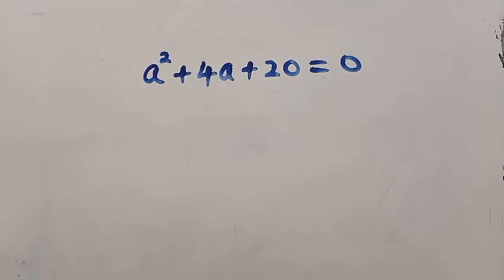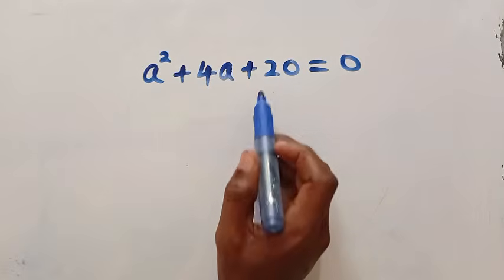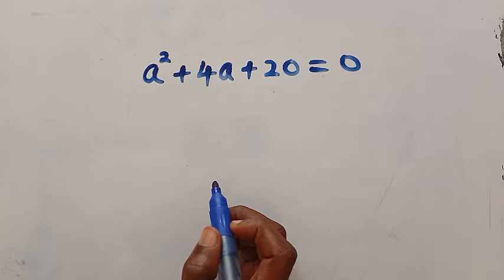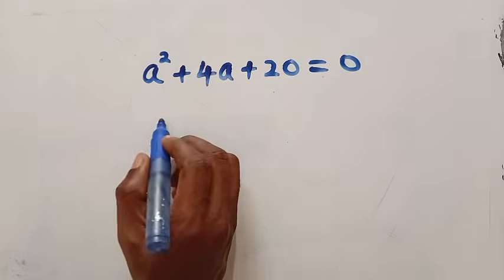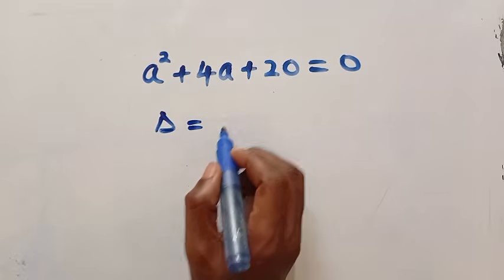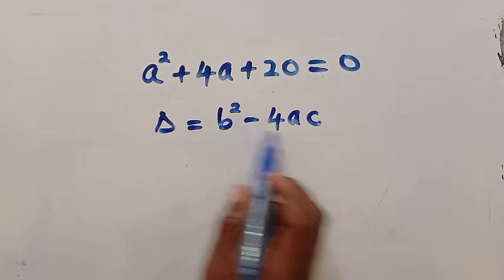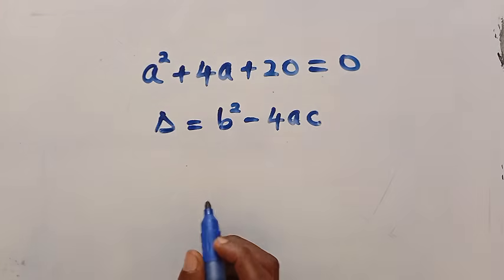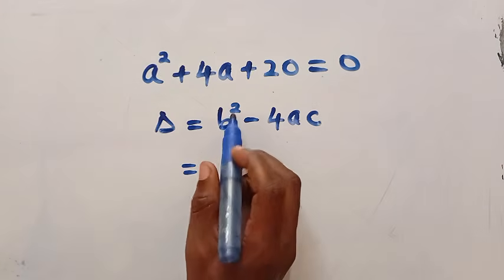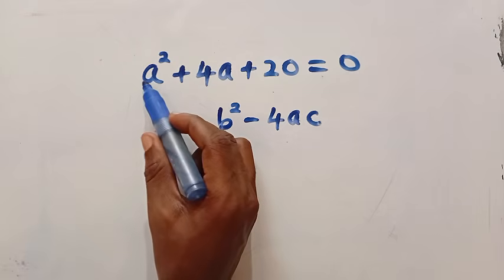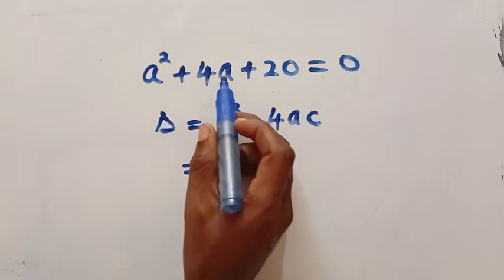We have to solve the second solutions, but here we have 20 here, and that is positive. We don't know if the solution is real or the solution is complex, but the trick is we have to know the discriminant first. The discriminant is given as this symbol, equals b squared minus 4ac. We get this anytime we have a quadratic equation of this form. How do we get a? How do we get b and c? We get a from the coefficient of this A squared, that is 1, and b is the coefficient of this A,